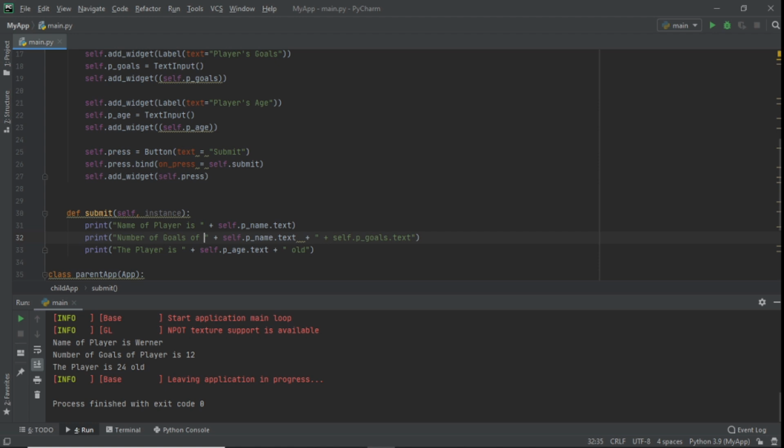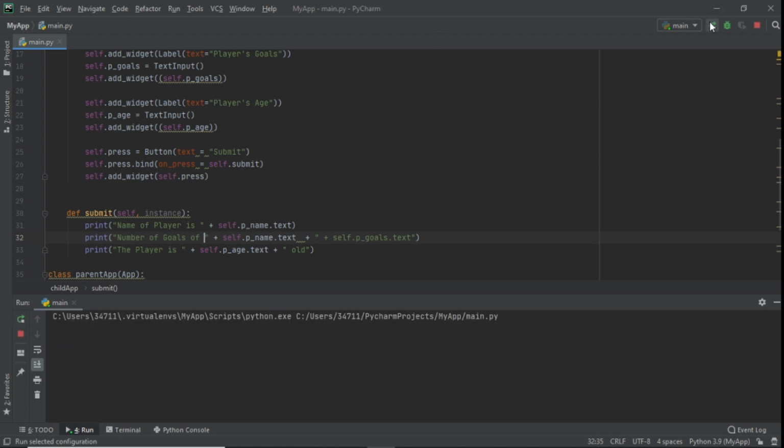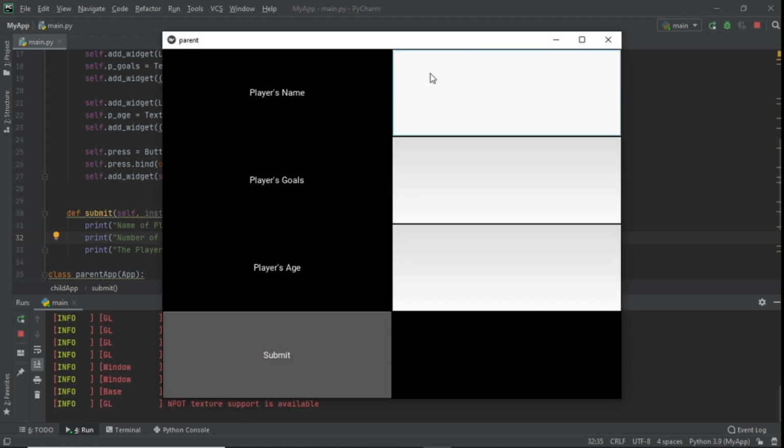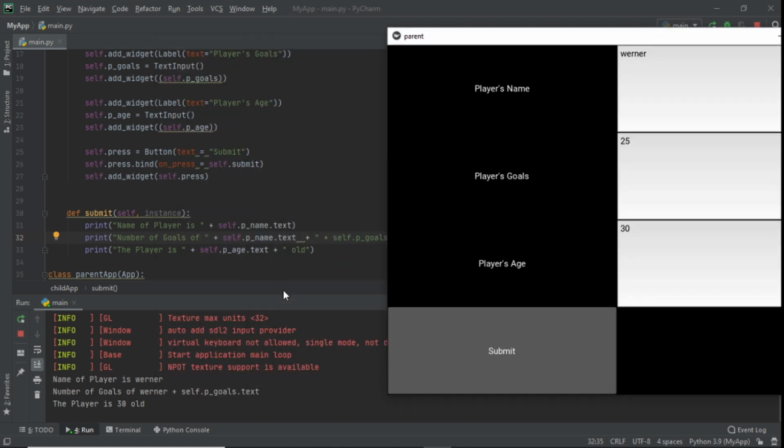So yeah, add some space. So now it's going to say Werner is called this time 25 goals and he's 30 years old. So if we submit it, you can see here now we get